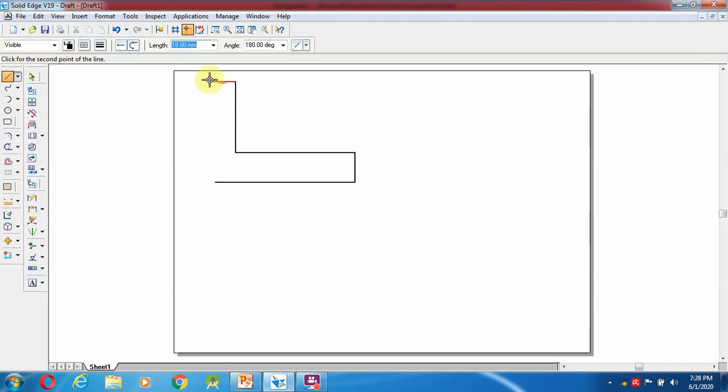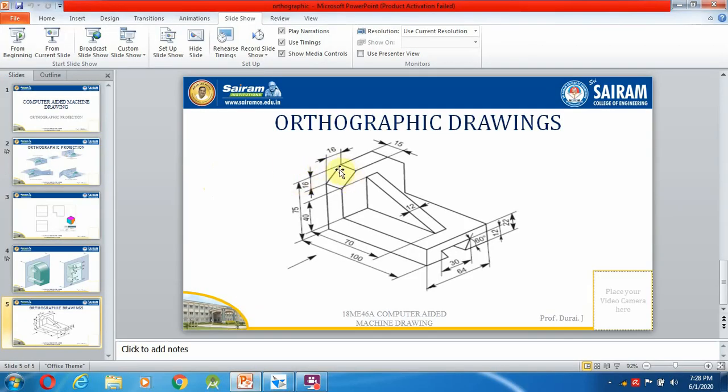And coming over here, it is the 15 mm distance, and I am going to join over here before. Okay, then after joining this, again I am going to select a line. We will see from the top, that 16 mm distance. One more edge you can see, that inclined surface edge we can see over here.